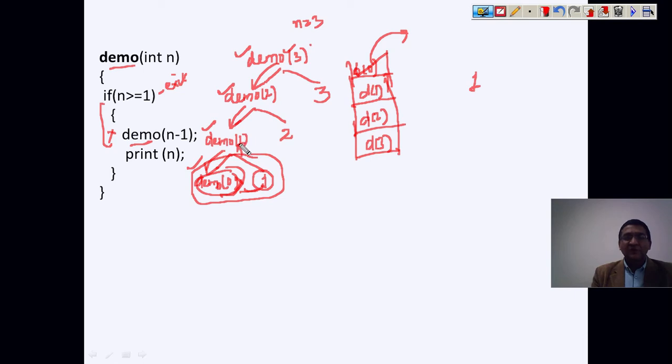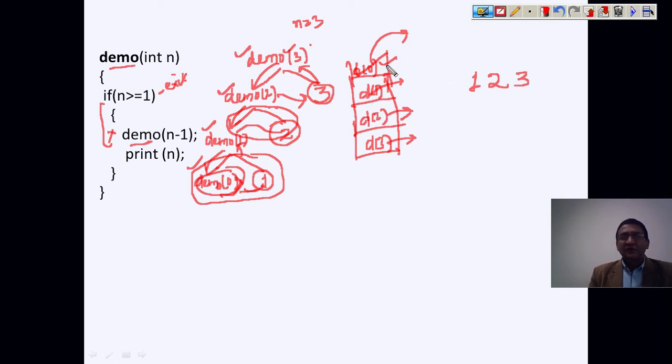So now demo 1 is going to exit, you apply a pop operation, and this cell is going to be free. Then it will go here, this is just a value 2, and now this is entirely executed, and you are going to exit from demo 2. Whenever you exit, you make a pop. So this will pop here, and then you go here, it's just a value 3, and when you are going back, that means you are exiting from demo 3, so you perform a pop operation, and this is done. Now all your calls have been made, and you get the final answer.